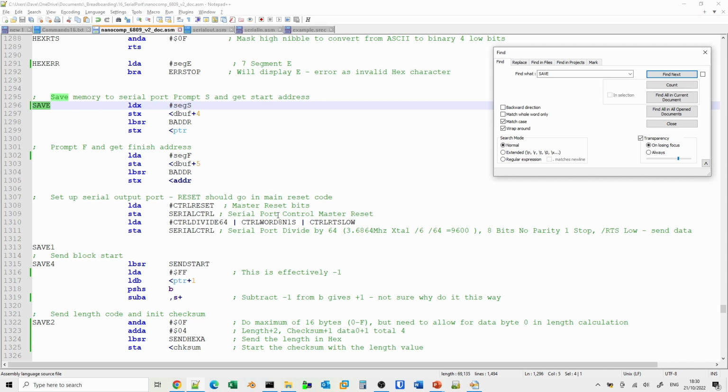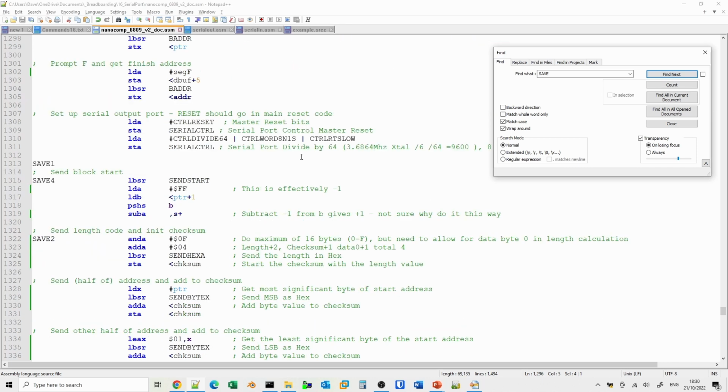We set up the serial port in the same way we've done previously. Then what we've got to do is to do some calculations on how we're going to send the chunks of data. This little section here is a little confusing. It effectively subtracts -1 from B, so it effectively adds 1 to B. And if you think about this, if we said we were only going to send memory from 1000 to, say, 100F, so F is a value of 15. However, there are 16 bytes because we've got the 0 value plus F. So we're always going to need to add 1 onto the address when we're doing the number of bytes that we need to do things on.